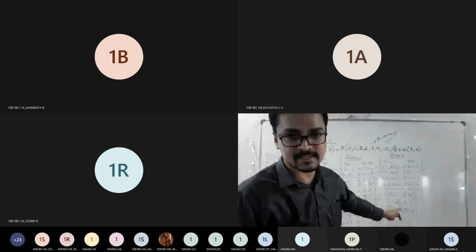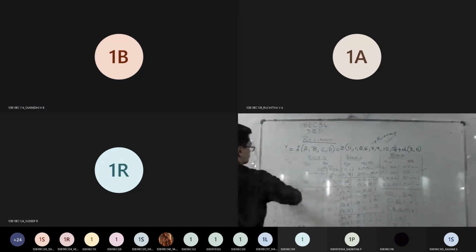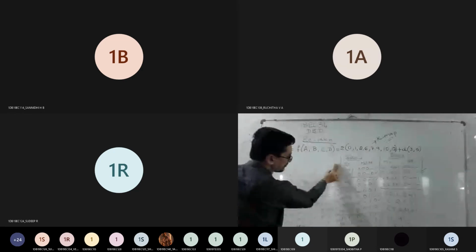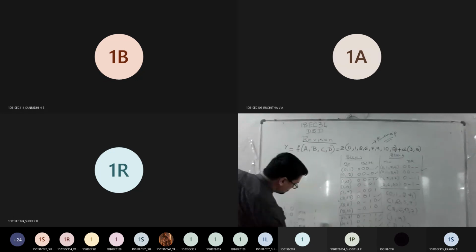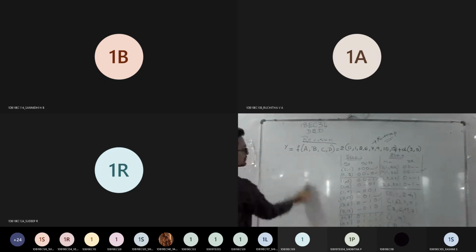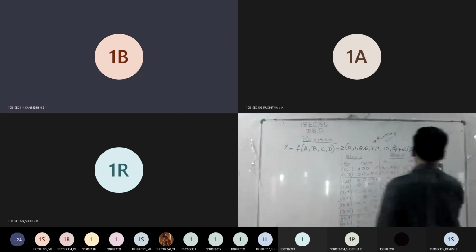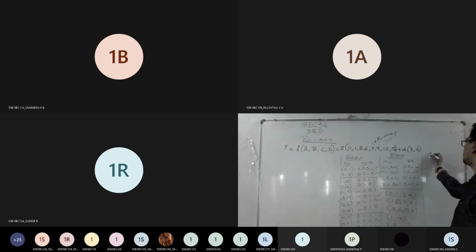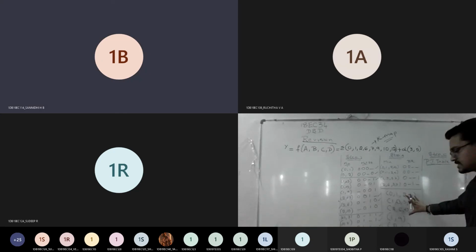See, I just mark the things and make this into a table. So how to make it? I'll just erase here. So this much part I'll erase. Step number 5, then we will go to the table here. Yes, prime implicant table. So what are the possibilities in this category, right?